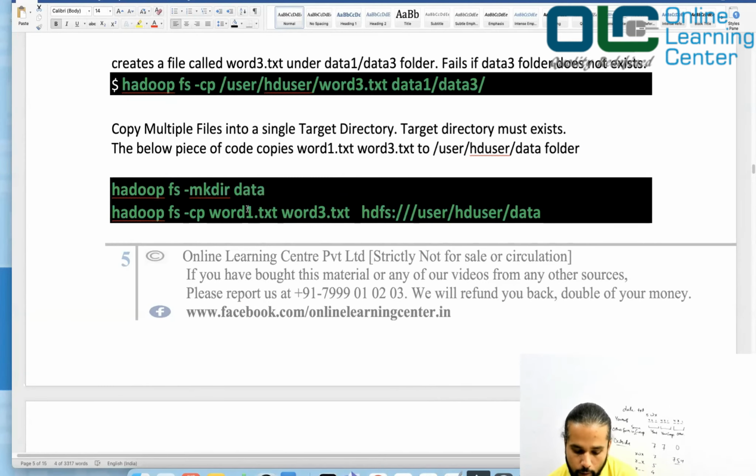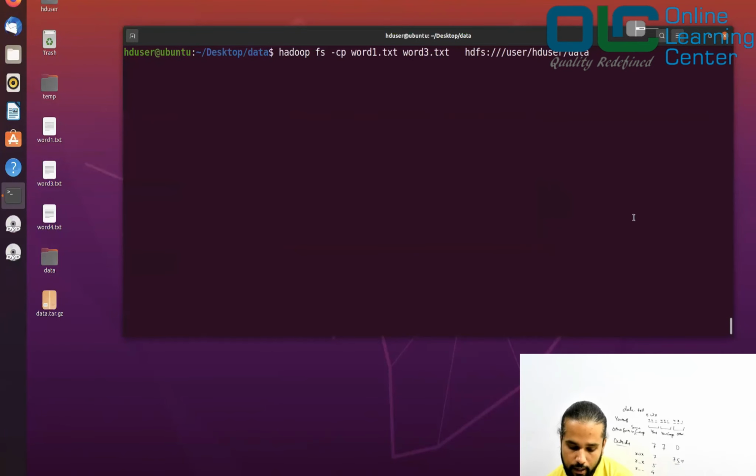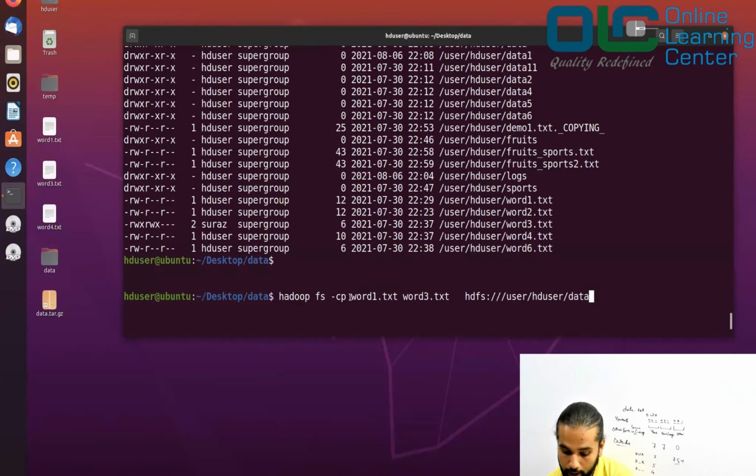Okay, next. Now I want to copy my word1 and word3 to the data folder. Let me try this out. I'm saying I want to copy word1.txt and word3.txt to a folder called data, which we have recently created. In the first two paths, you have not given a complete path, just the file name.